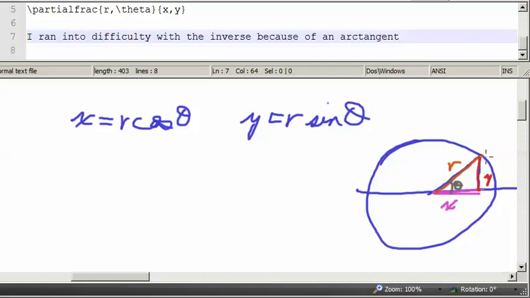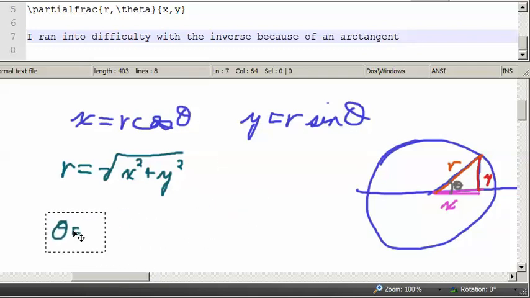But we should also be able to go the opposite direction. R is the square root of x squared plus y squared, and theta is going to be, I'm not sure if there's any algebraic way of writing this,